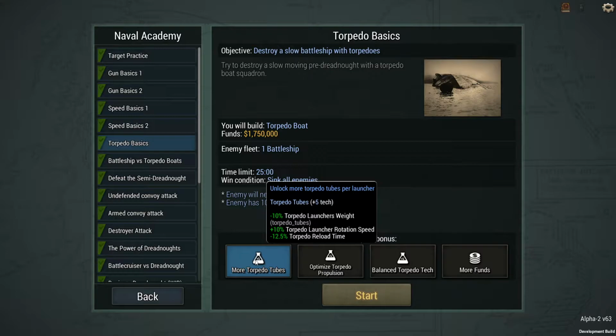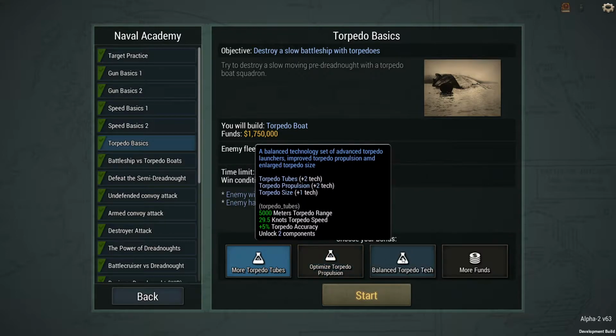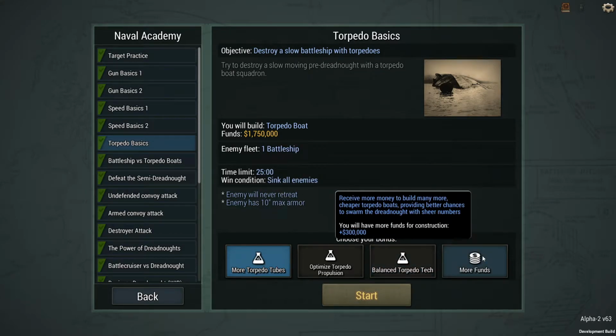We can go for several different bonuses in that mission. We can go for more tubes per launcher, which will decrease torpedo launcher's weight and allow us to launch more torpedoes per reload. We can go for torpedo propulsion, which will greatly increase the range, speed, accuracy of our torpedoes and give us some extra components. We can go for more balanced tech, which will give us much less of a range, accuracy and speed bonus for torpedoes, but will give us even more advanced tech. Or we can go for more funds and be able to eventually squeeze in much more stuff on our ship or build additional ships. I think we will go with